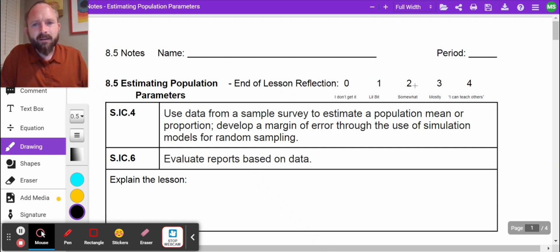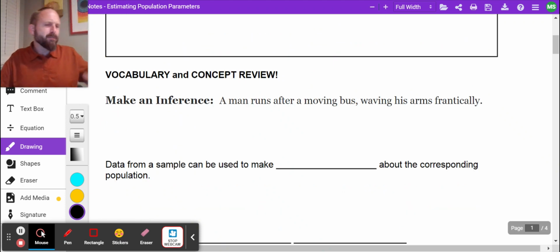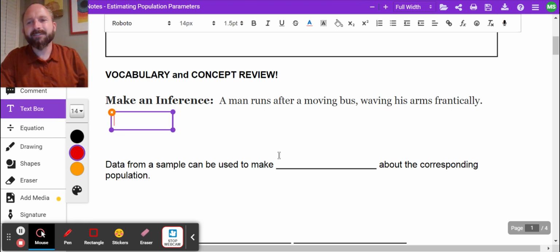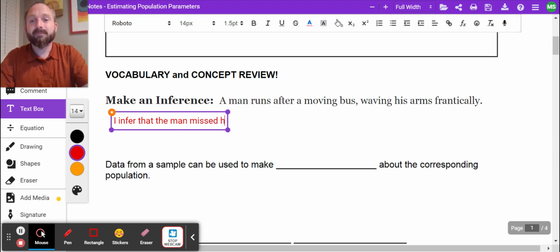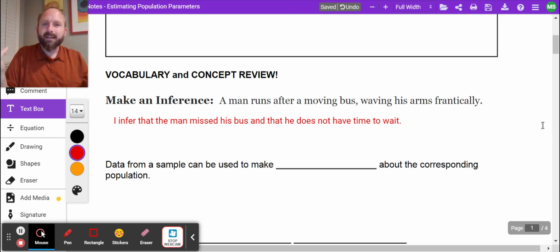Let's go on. So, vocabulary and concept review. Make an inference. A man runs after a moving bus, waving his arms frantically. So, I infer he missed his bus. He does not have time to wait. That's the inference. I think the man missed his bus and he doesn't have time to wait. So, when you make an inference, you take what you see and you come up with an educated guess. Data from a sample can be used to make inferences